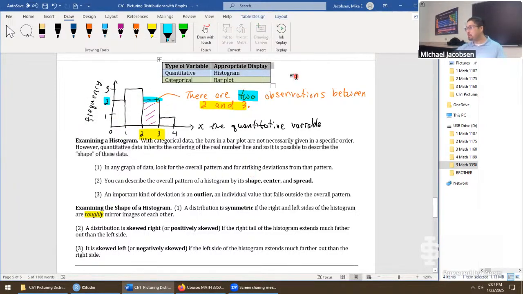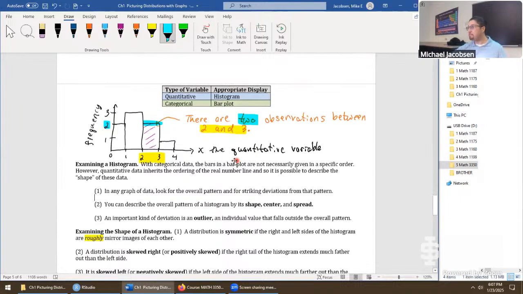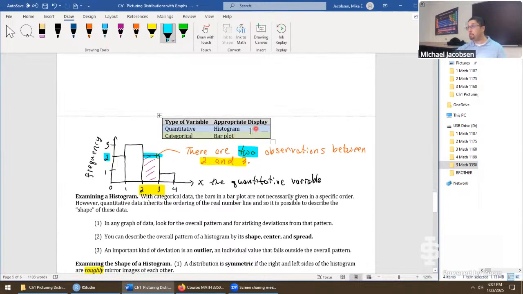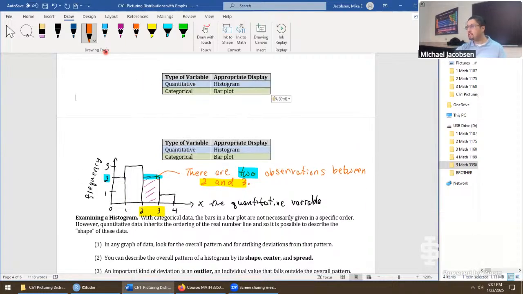Because of that, when it comes to a histogram, we can describe the shape, but not when it comes to a bar plot. Let's actually make that part of our write-up here. I can highlight that table. Let's drop it over here. So when it comes to the bar plot, we do not describe its shape.